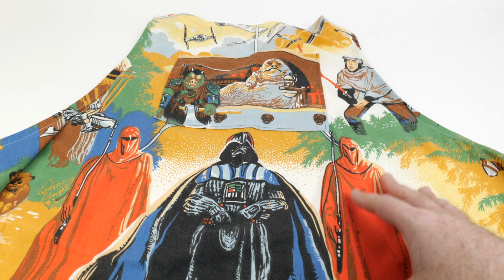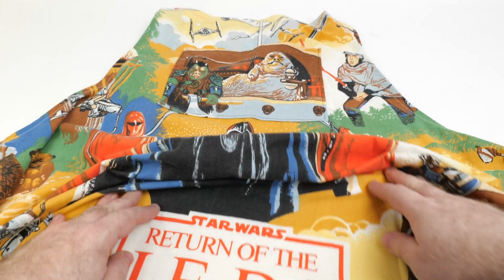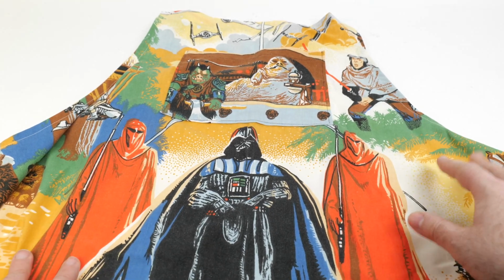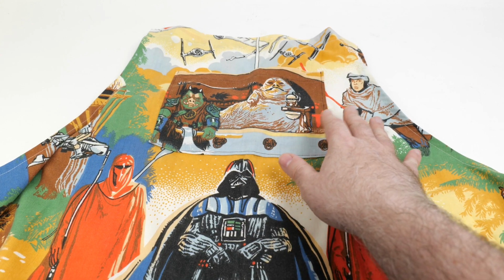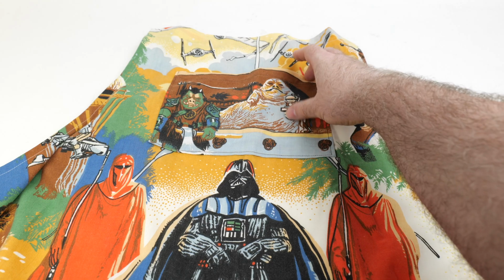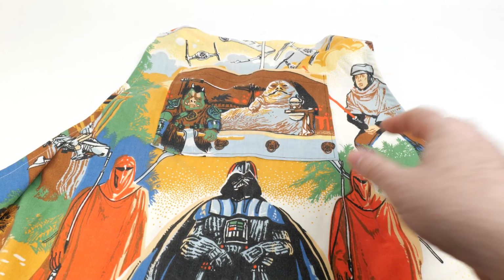This is made out of a vintage Return of the Jedi bedsheet. As you can see right here, we've got the Return of the Jedi logo, and here's Vader and the Imperial Guards. She then cut it up and used the material to make the apron, and this here is actually a separate piece of material from the same set of bed sheets that she used to make a pocket,